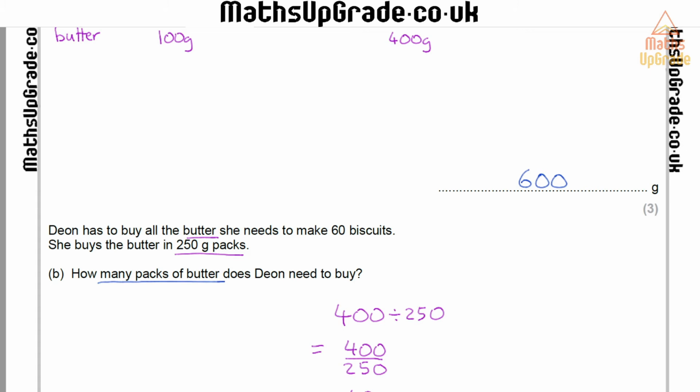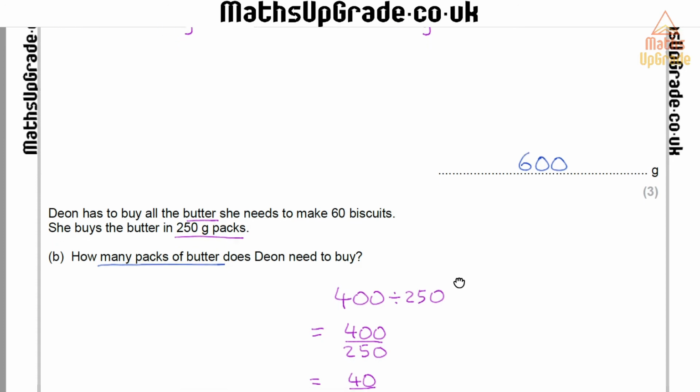In part B, we're told that Dion has to buy all the butter she needs to make 60 biscuits, and she can only buy the butter in packs of 250 grams. So we need to work out how many packs of butter she needs to buy. Remember, we worked out 400 grams of butter is what she requires. So if I do 400 divided by the size of each pack, 250, that'll tell me how many packs she